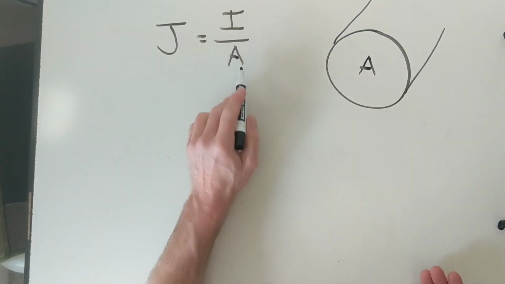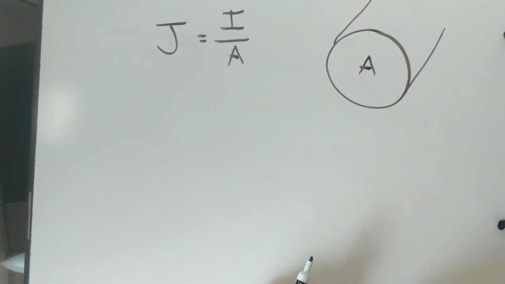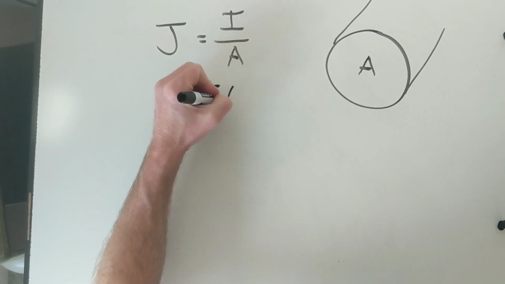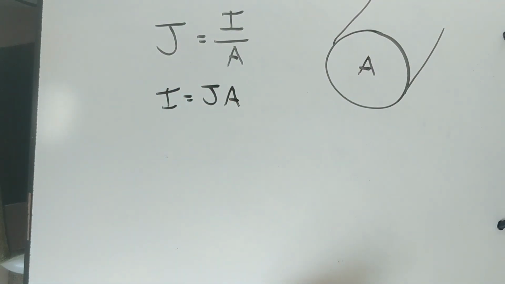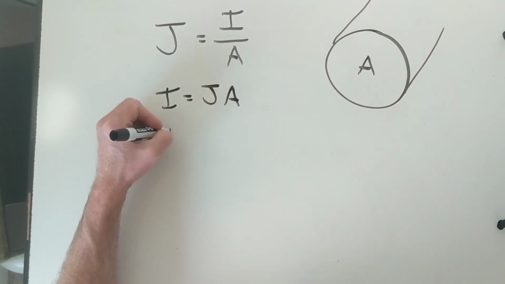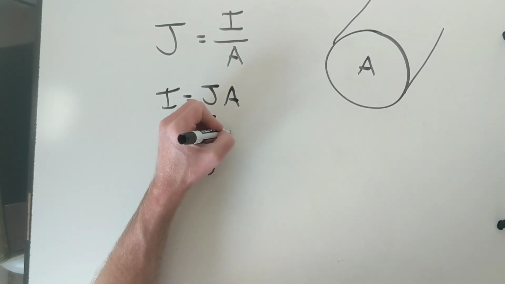if it were just constant, it would be easy because the current would be the current density times the area. That's like the last example. In the last example, the current would just be the current density, a constant, times the area. But what if it's not constant? If it's not constant, then what's really happening is something like this. The current is the integral of J